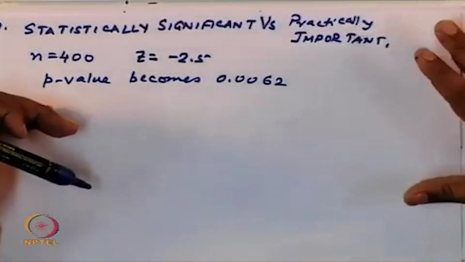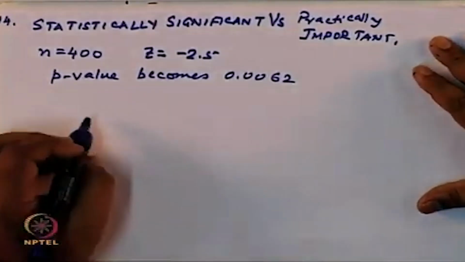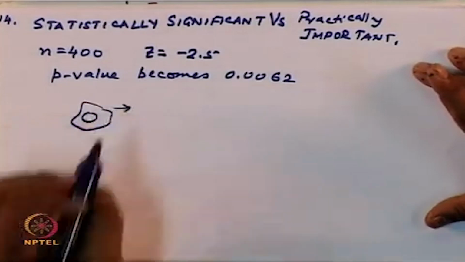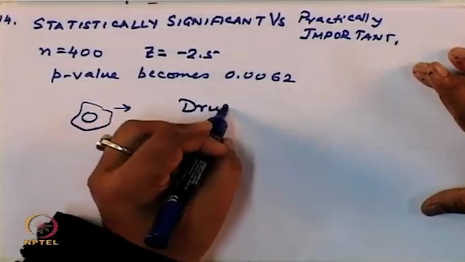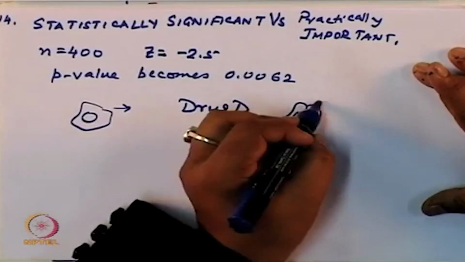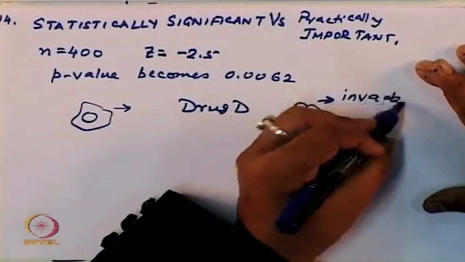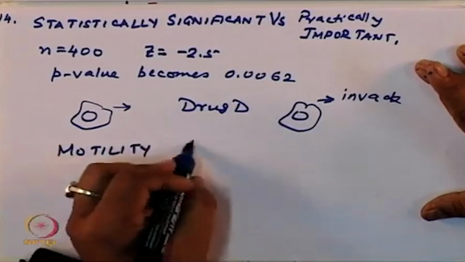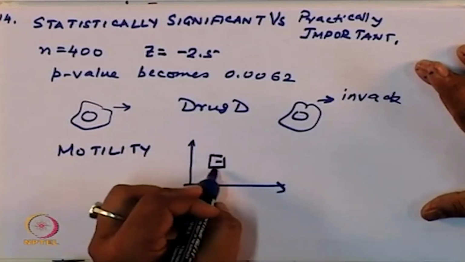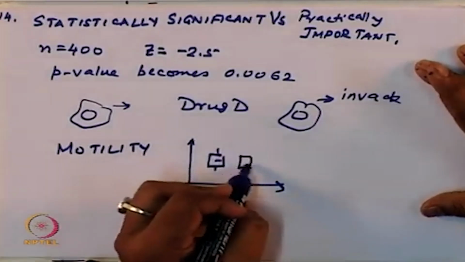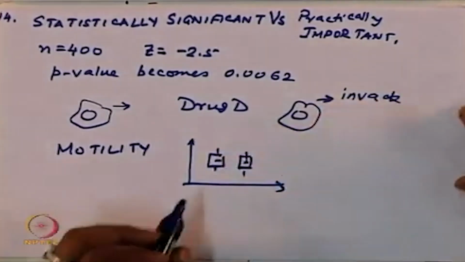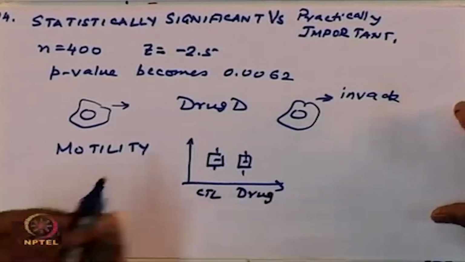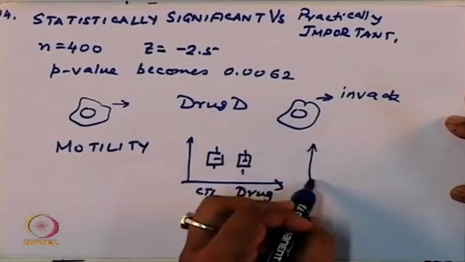For this, you need to see your specific case. For example, I have a cancer cell which is invasive, and I have drug D, which targets its ability to invade. If you measure its motility, imagine you have a plot like this. As you can clearly see from this plot, there is very little difference between the control group and your drug group. But sometimes, let us say, if I were to draw a different case,